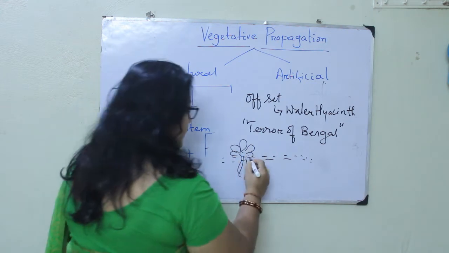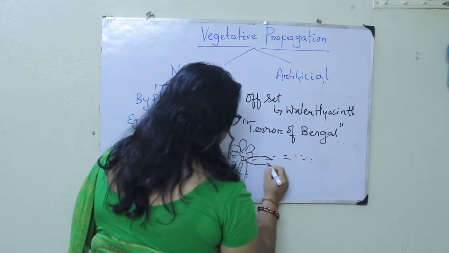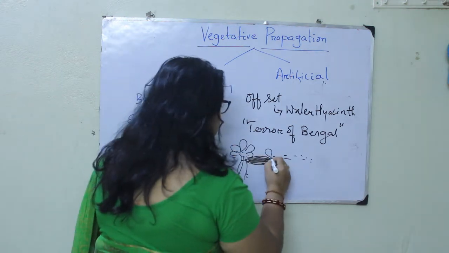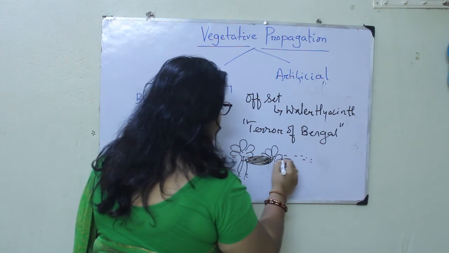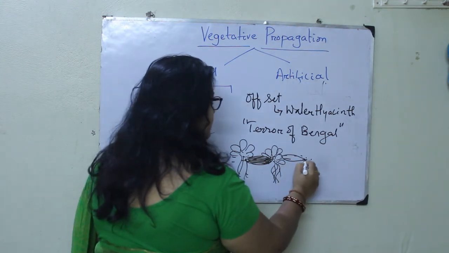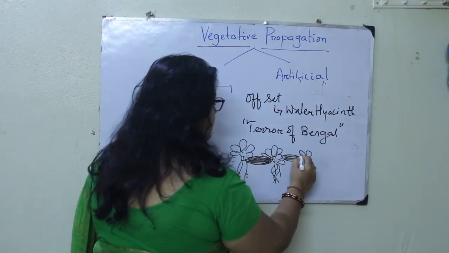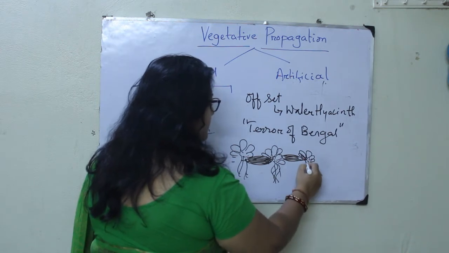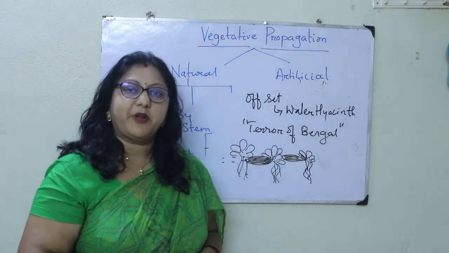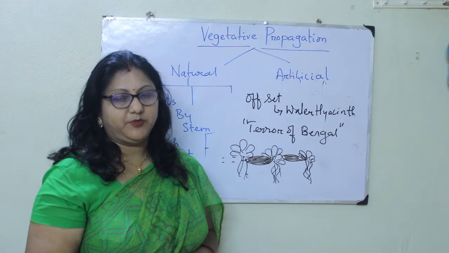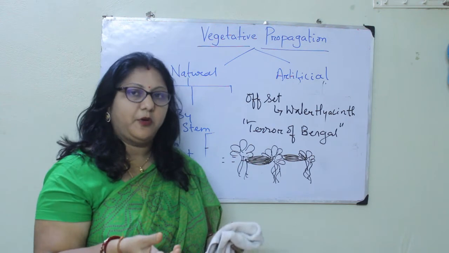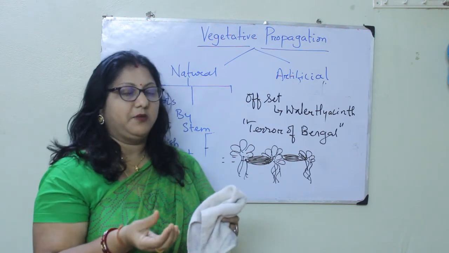Clear? Okay. So from here you can see a part I am drawing. This particular part which I am shading is the offset of the plant. So when the offset ends, a new plant body is growing here. These are the roots of the new plant body. So one more offset, okay, and a new plant. So new branches, new plants, and the roots will be there. Now the problem with the offset is that it is highly breakable. It can break very easily because it is spongy in nature, and with a small force, a small water current, the offset can break.